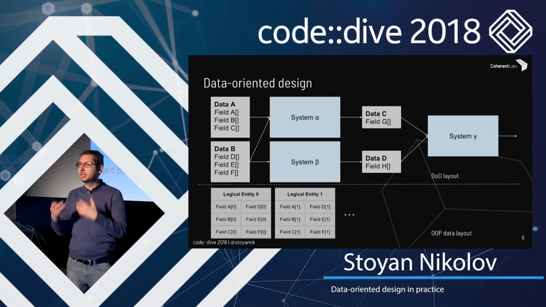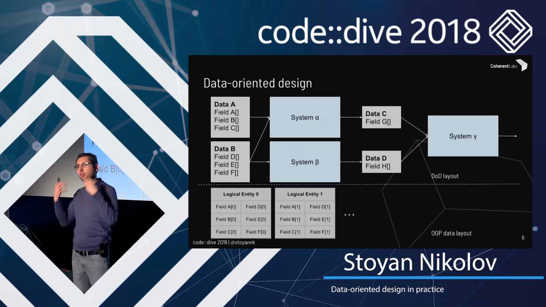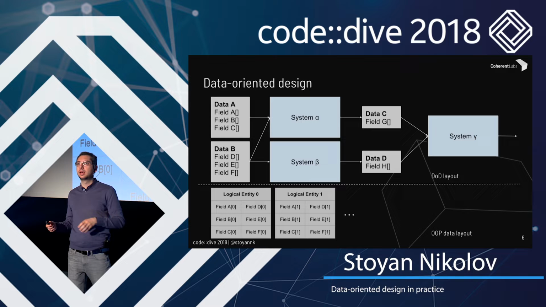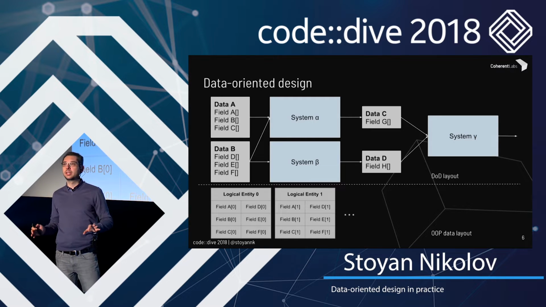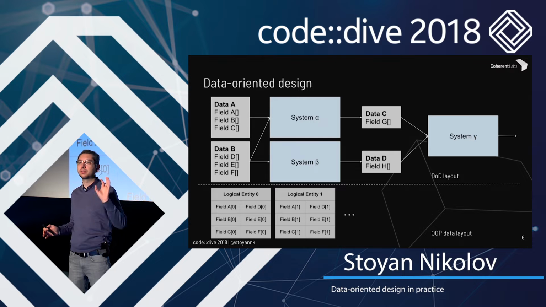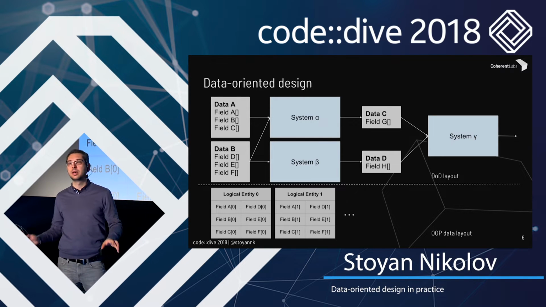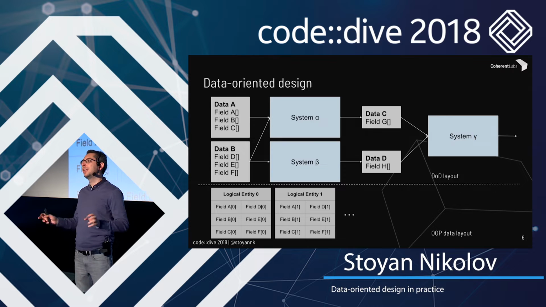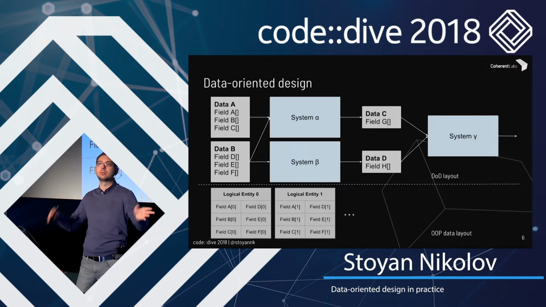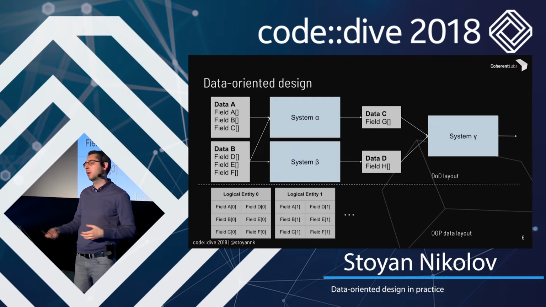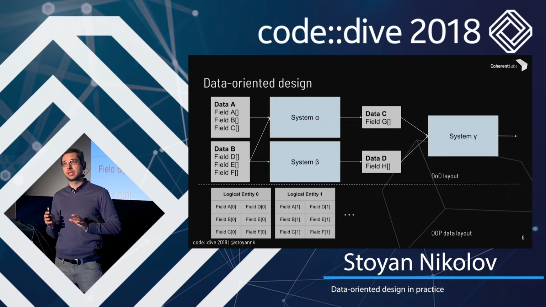So data-oriented design takes a bit of a different approach. It's more of a mental model, but on this slide, on the lower part, you can see a typical example of how you would organize your data in object-oriented programming. You have two logical entities. They have their fields, whatever they are, and you bunch them together because they, in a sense, belong together. You know, the classical example, a car is a car, it has tires and so on, but there is no car in your computer, so this is an artificial example.